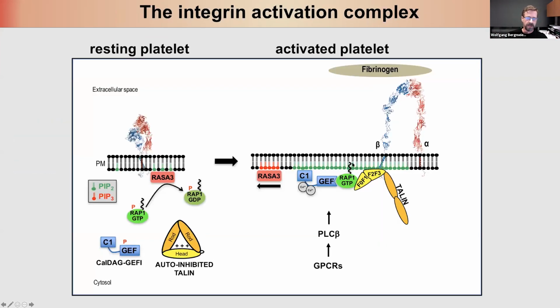Now, my lab focuses mostly on the events that lead to integrin activation, so this key event in platelet adhesion. What you see here is the intracellular side, or the events happening at the integrin, in a resting platelet and an activated platelet. In resting platelets, there is an enzyme expressed in the membrane that makes sure that there is no activation going on. We characterized this protein, RASA3, a couple of years ago. Mice that don't have the protein are completely thrombocytopenic because of premature activation